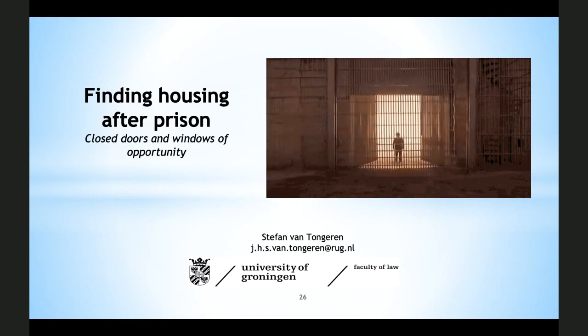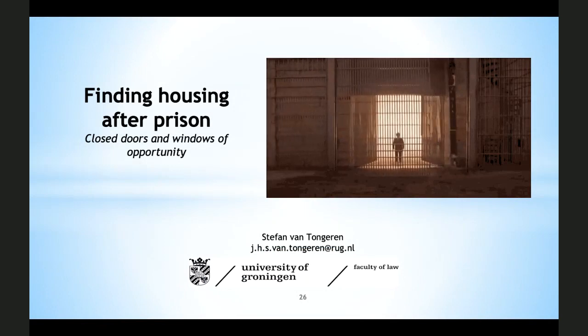Now, Jake Blues had a brother who was willing to take him in, but many released prisoners do not have this, let's call it somewhat euphemistically, luxury. For instance, in the Netherlands, about 20% of released prisoners have no stable and adequate housing they can go to. And that's what I'm focusing on in my PhD research, namely ex-offenders' problematic search for housing.